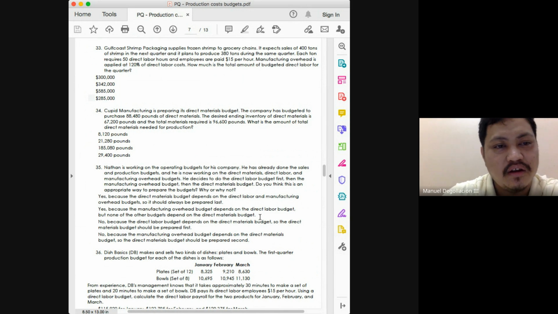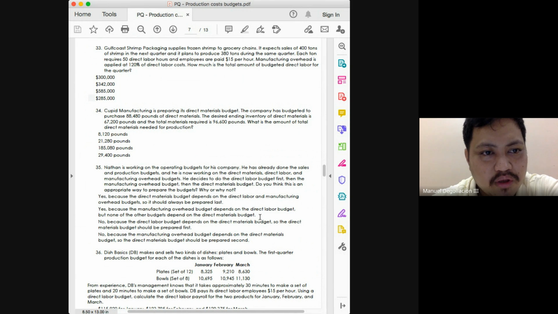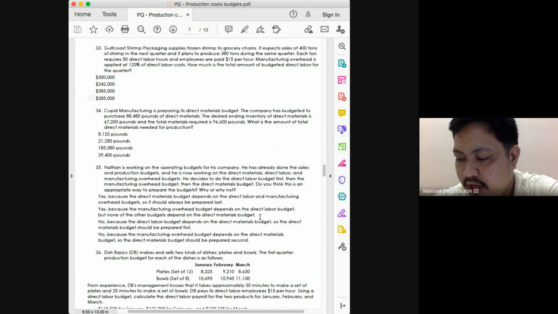If you recall, to get the materials to be purchased, you would need the materials needed for production minus the beginning inventory plus the ending inventory. But this time, we're looking for the materials needed for production. So if we are going to purchase 88,480, and then the desired ending inventory is 67,200,